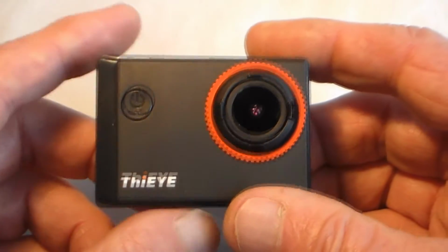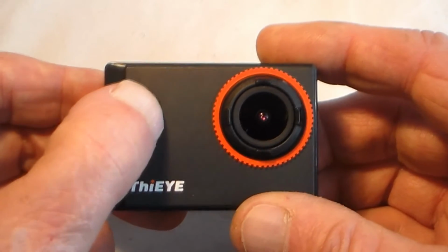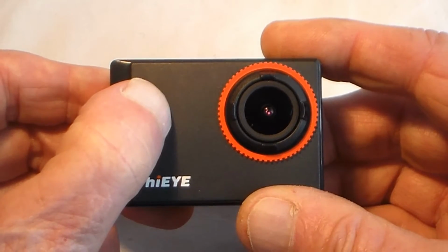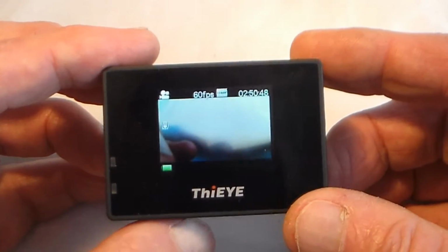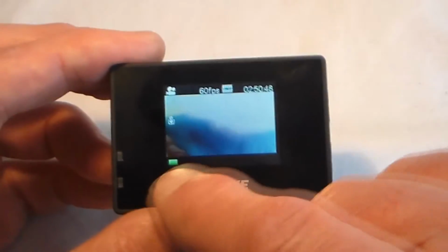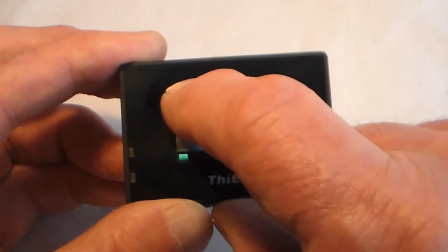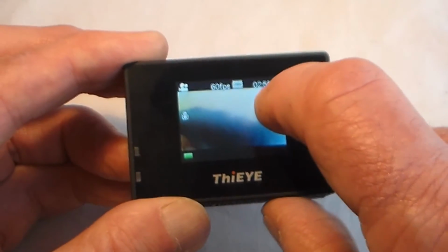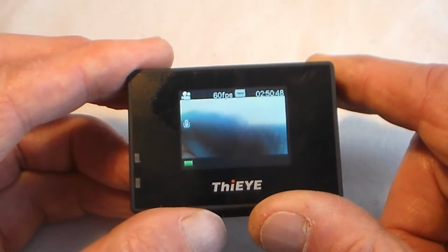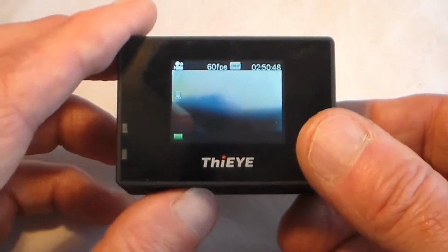Right then, so to turn on, they say press the power button for 2 or 3 seconds. In fact, I'd say 4 seconds. So the screen is now illuminated. Little symbol there showing the state of the battery charge. That's telling me that I'm in 60 frames a second, 1080. That's telling me I'm in video mode. That's telling me the mic's on, and that's telling me how much recording time I've got with my 32 gig card. Now if I want to change to photo mode,